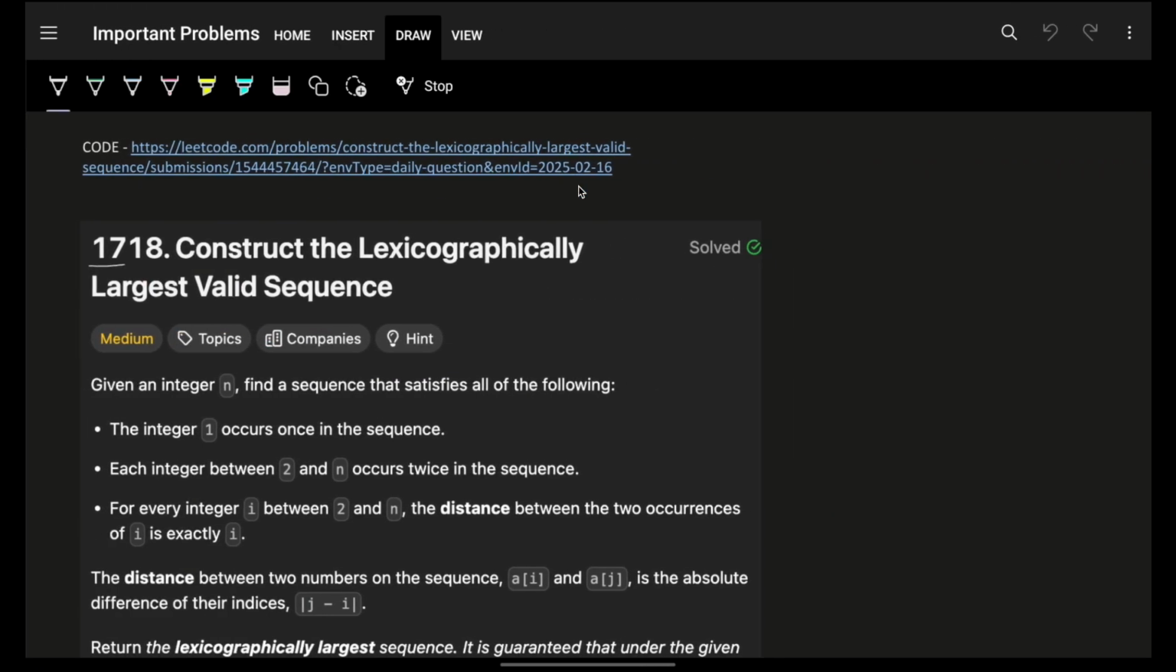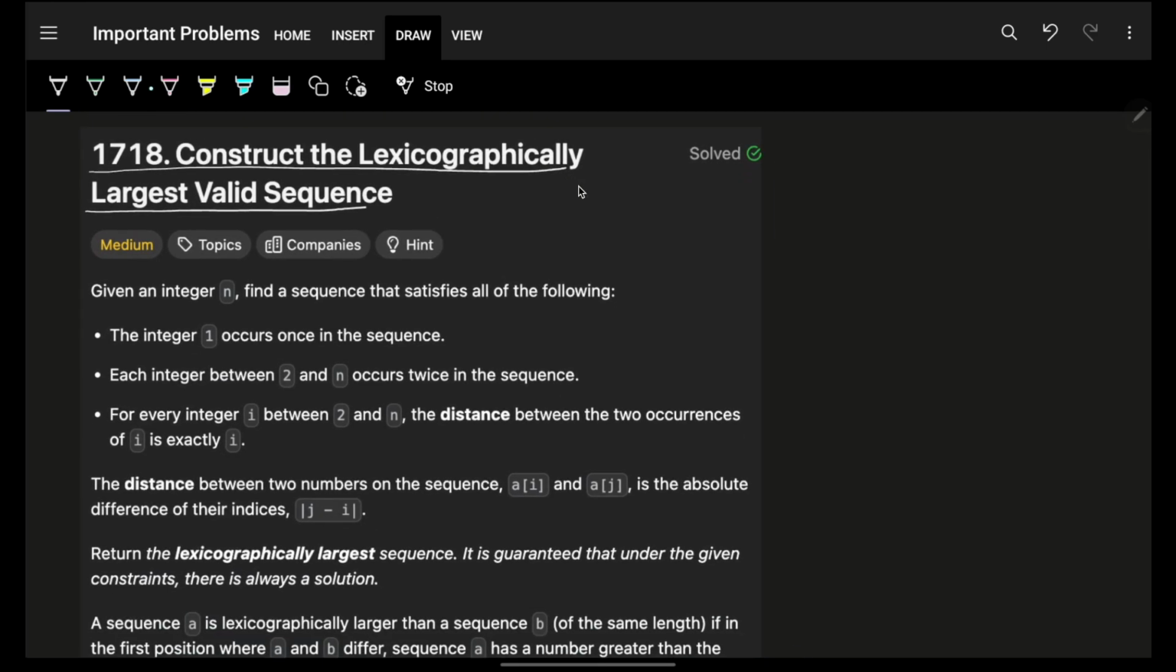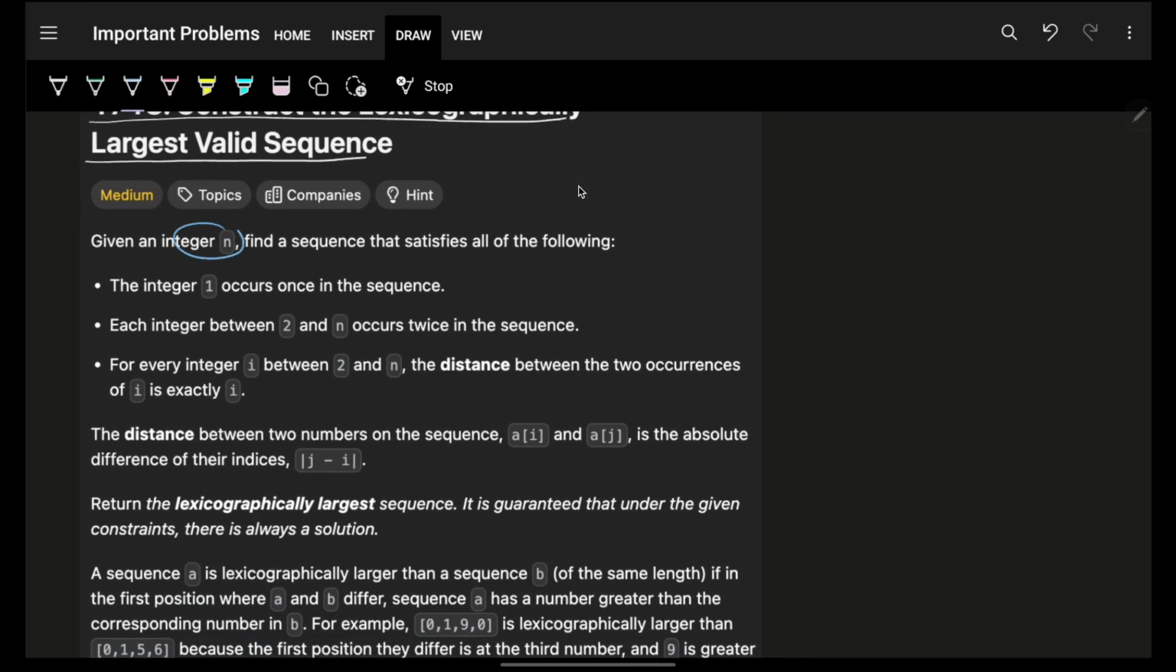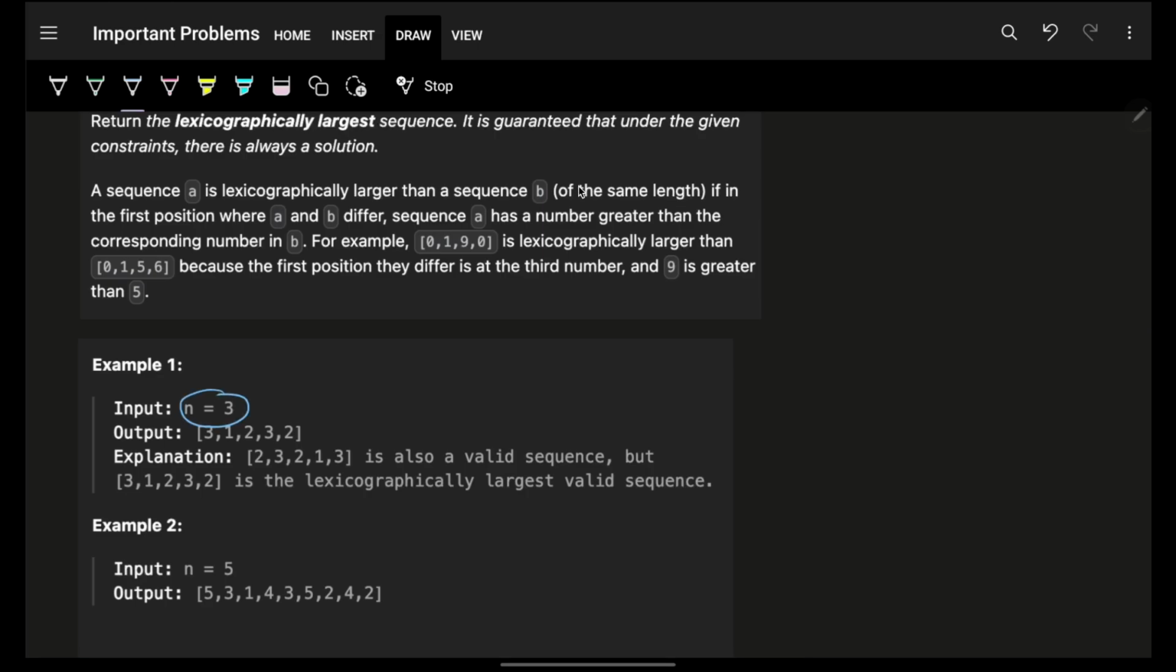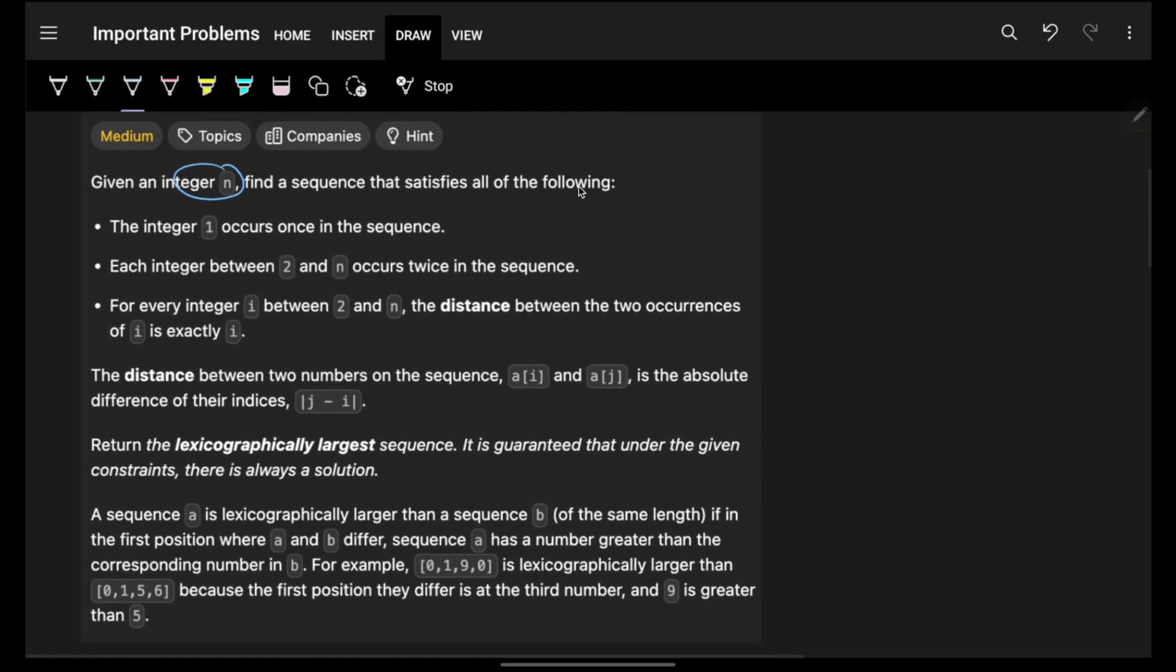In this video, we're going to see how to construct the lexicographically largest valid sequence. Now, we are given an integer n. As you can see, you will be given some specific n. You have to find a sequence which will satisfy this condition. Obviously, I will have an integer 1. It should occur only once in the sequence, and every other integer between 2 and n occurs twice in the